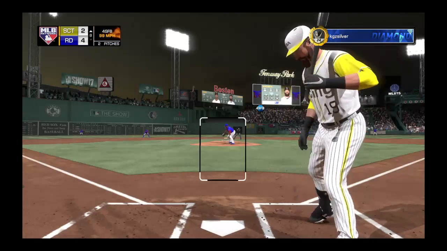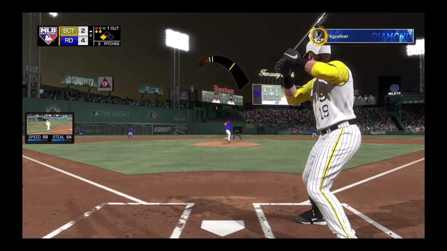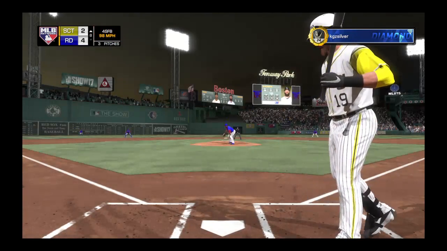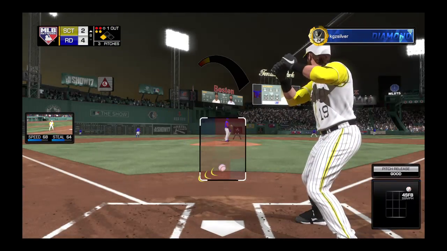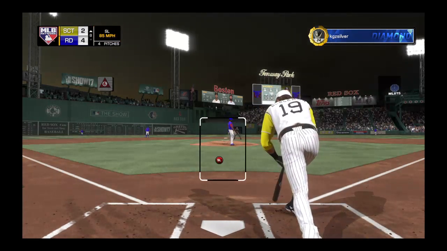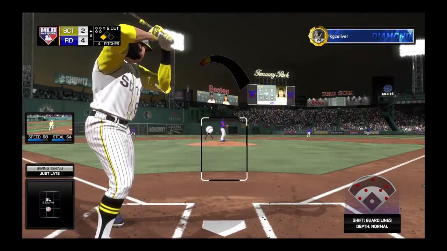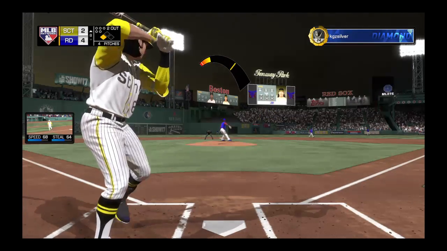Pitch on its way. And he looks at a ball, 1-2. Looking for the strikeout. Here's the 1-2. A fastball that just misses inside. Swing and a miss, and they'll dodge a major bullet that time. 2 away. Coming to the plate now, Zach